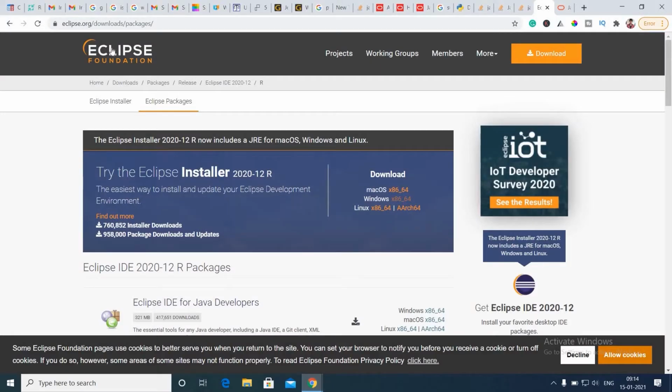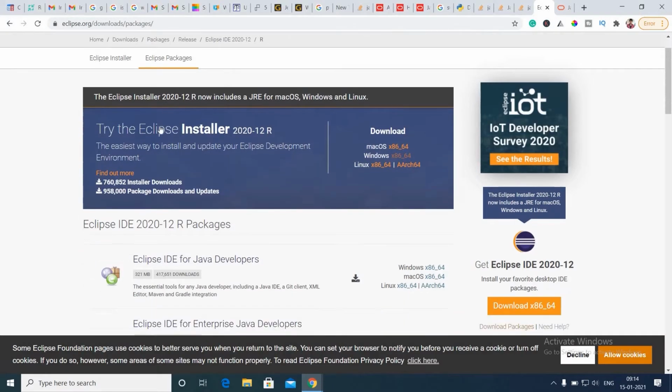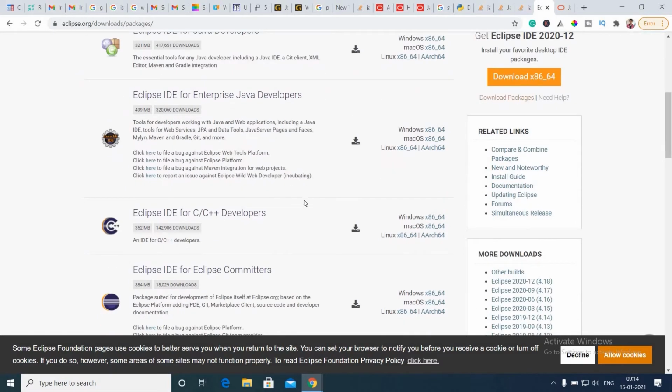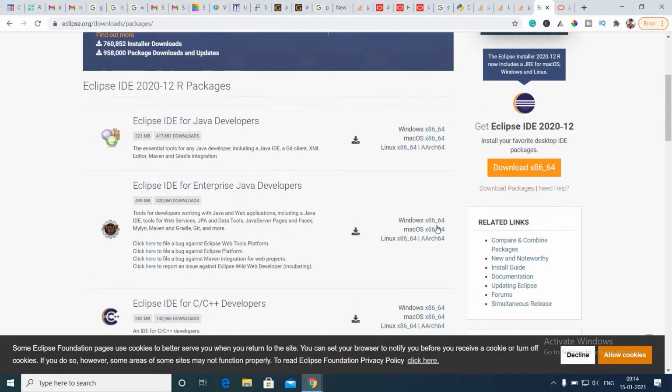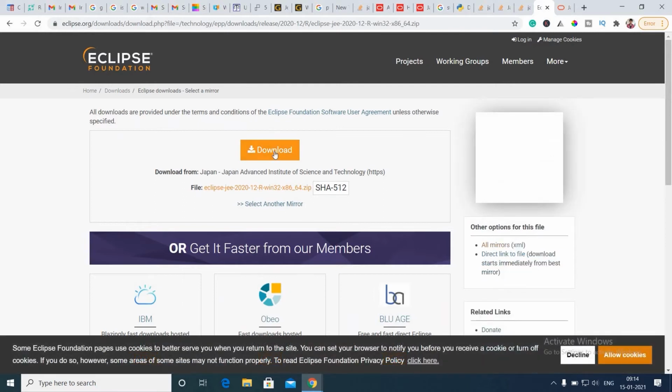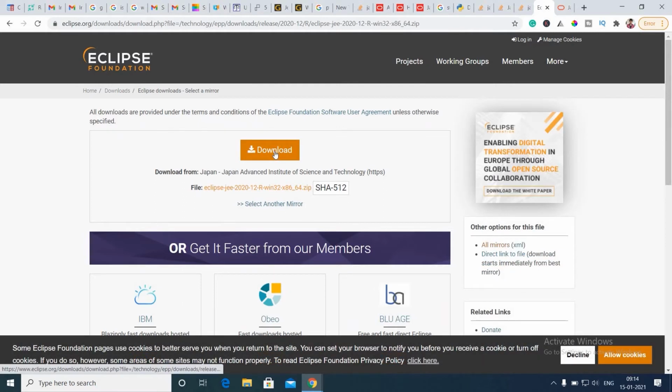Go to the Eclipse website, the link is in the description. And download the Eclipse IDE for Enterprise Java Developers. Download it for Windows. It will download a zip file. Since I have already downloaded it,